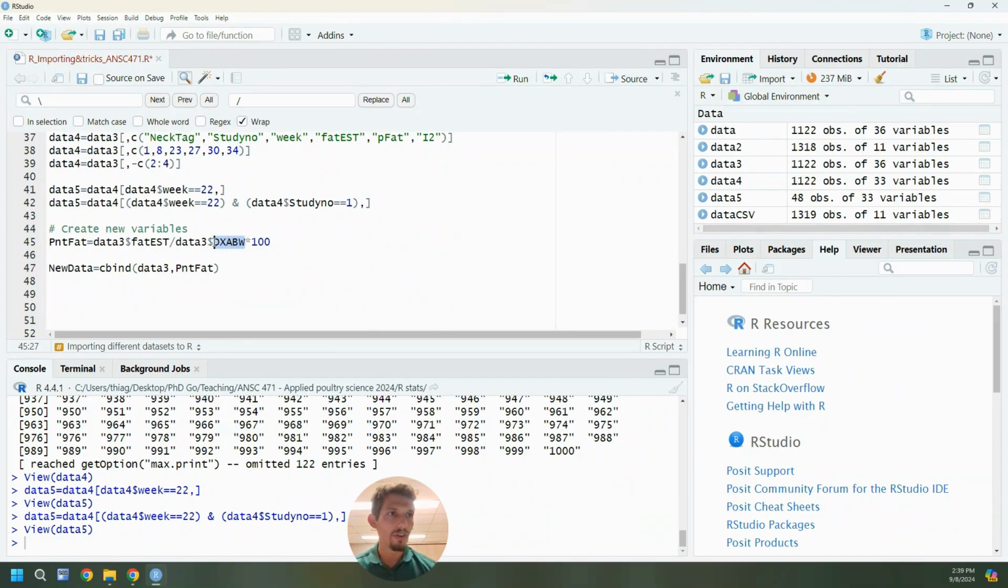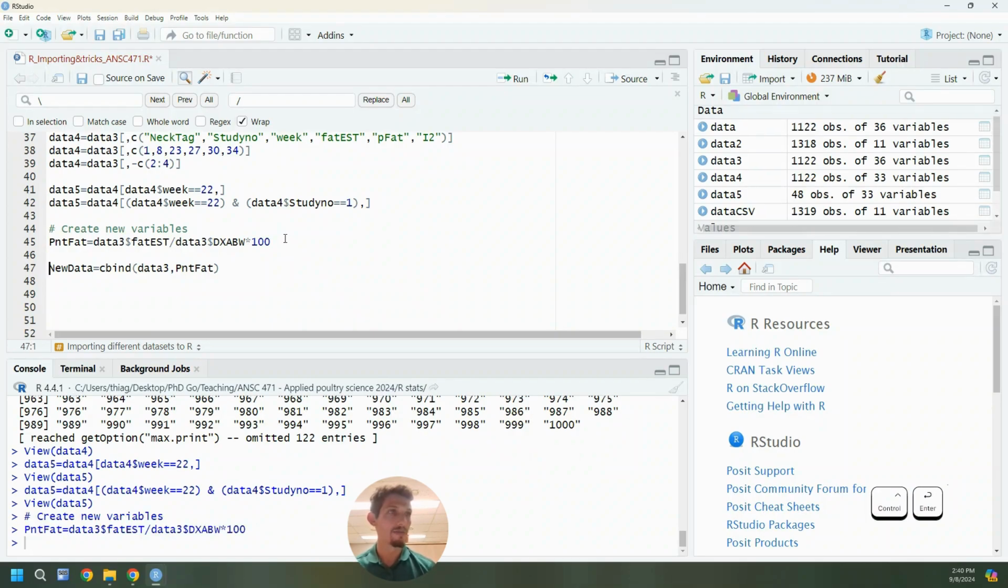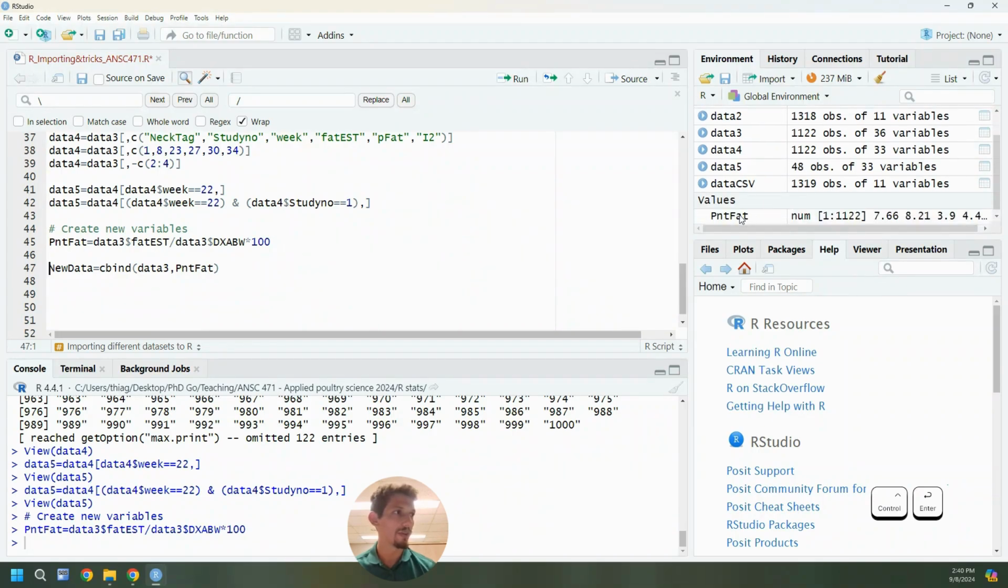You can see here I use the body weight information. So I'm going to divide the amount of fat by the body weight in grams, both of them in grams. And I'm going to multiply that by 100, and that is going to give me the percentage of fat. I always have to identify the data set I'm taking that from. So I'm using data set number 3 to create a new variable. So you run, you see your new variable right here, the percentage of fat,